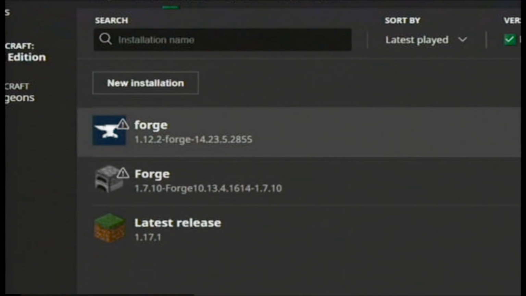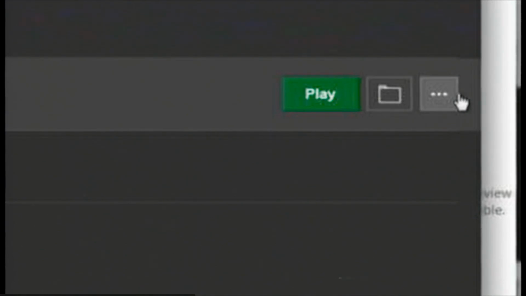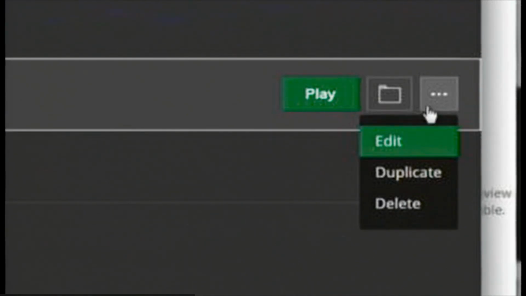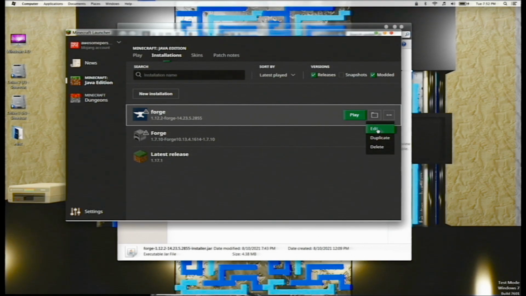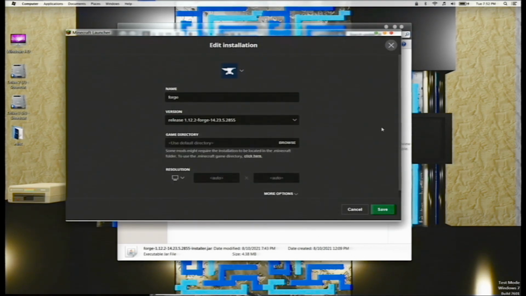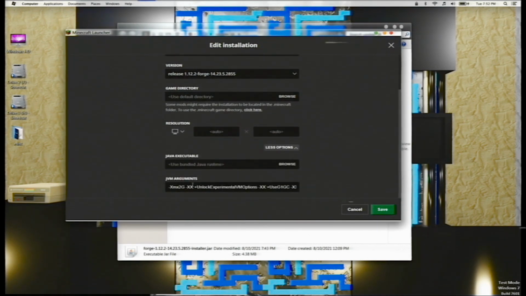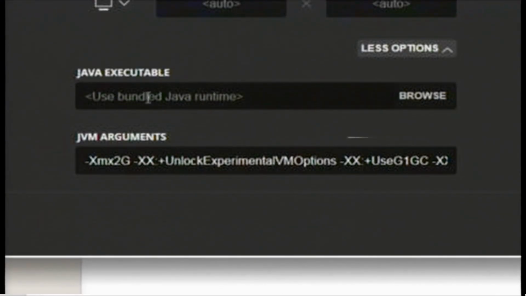Locate the Forge 1.12.2, 14.23.5.2855. Click the three dots on the right of the play button. Now click Edit. Scroll down. Click More Options. Scroll down again, and look for a dialog box that says JVM Arguments. At the very beginning of the string of code, it should say